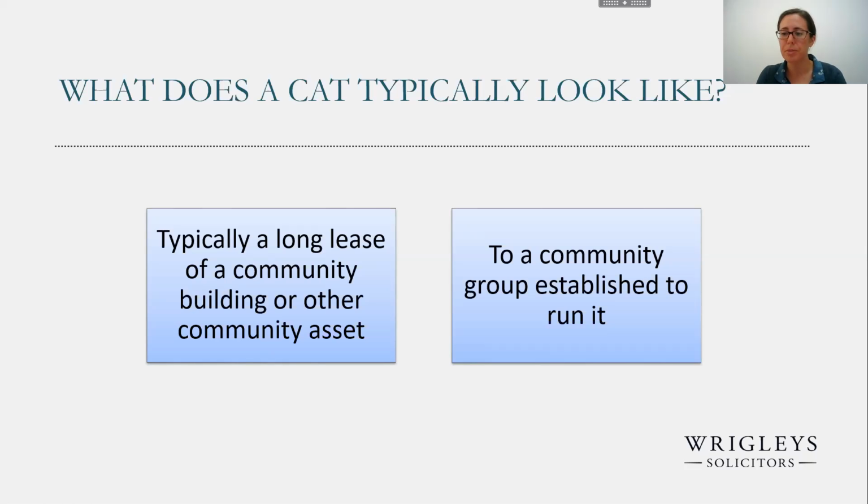Often, although by no means exclusively, there might already be some sort of informal friends of group or some sort of local volunteer involvement with the building and the activities going on there. And the community asset transfer would effectively formalise that. The friends of or community group would incorporate as a new charity typically. They take on the building and, if applicable, often take over running the services that the local authority was running out of that building.